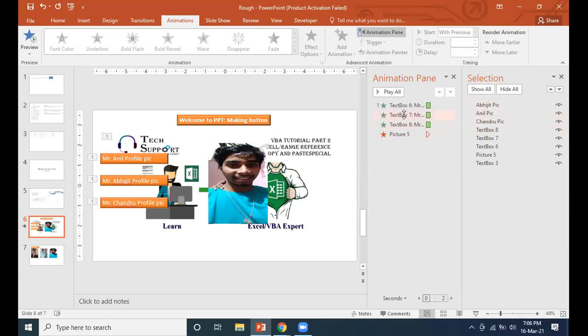When we run this first next click, all these images should be disabled. How can we make them disable? Like this way, we have to make it disable.